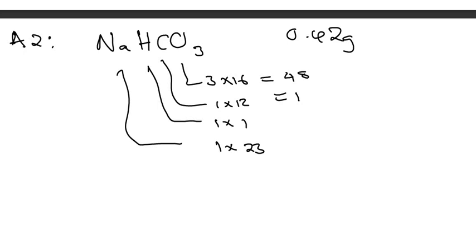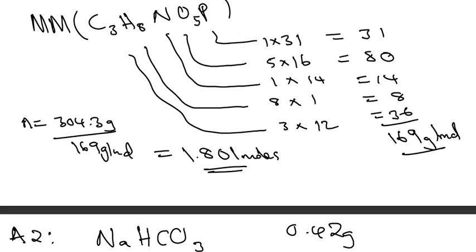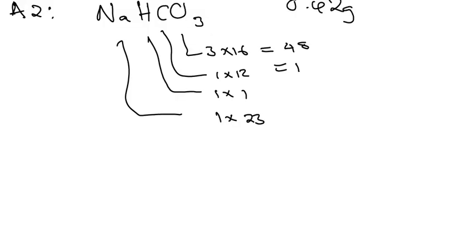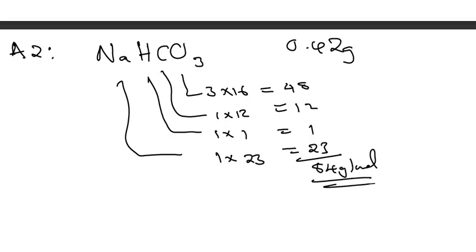Sorry, in case I made a mistake on the previous one. Let's multiply this, okay, this was okay. This was 12, here it's 16, that's 48. This is 12, that's 1, this is 23. We are summing up everything. So I'm getting 84 grams per mole. So if this is the Mr that we are getting, oxygen is contributing 48, meaning the mass contribution of